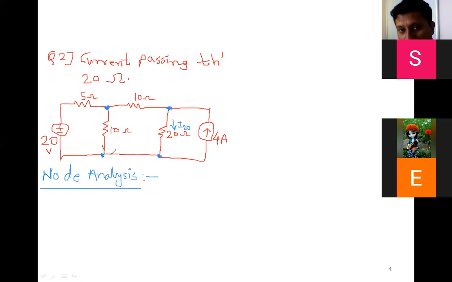But between these 2 nodes, no component is there. So all these points are the same. Suppose any resistor were between these 2 nodes, then this is third, this is fourth. Generally, the circuit will not be like this. So these are all common points and considered as a ground point. So everywhere you can mention the ground point. This is also ground. The same ground will be there.